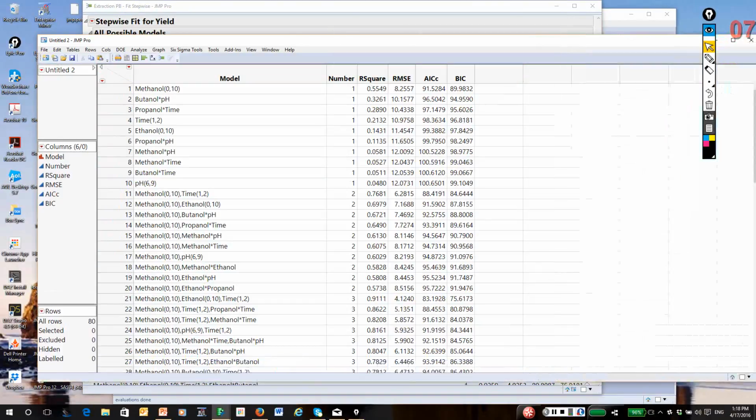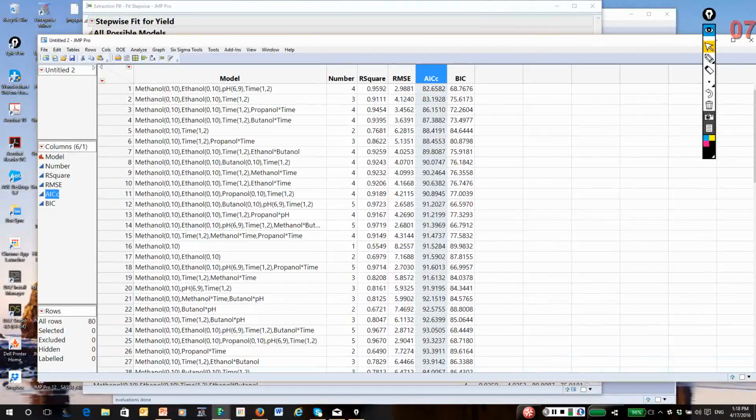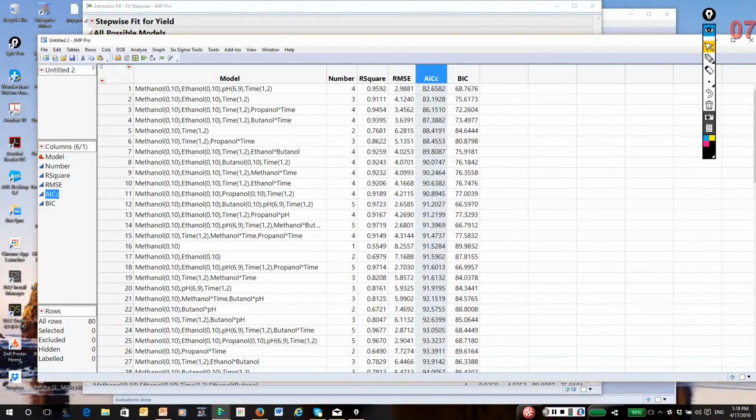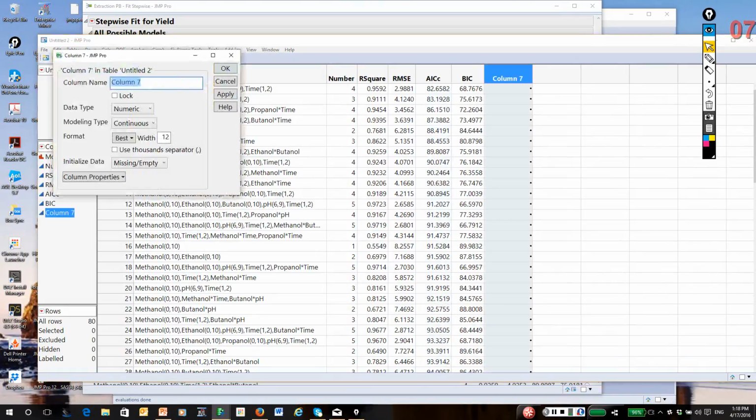Okay, and I'm going to click on the AIC column header, right click, and sort. So I want to sort ascending because smaller is better. And I'm going to create 2 columns. Remember, in an earlier video and in the notes Screening Design 3, I mentioned I like to work with these delta values of AIC. So I'm going to create a new column. I'm going to call this one Delta AIC, and the subscript C is just a special version of it that